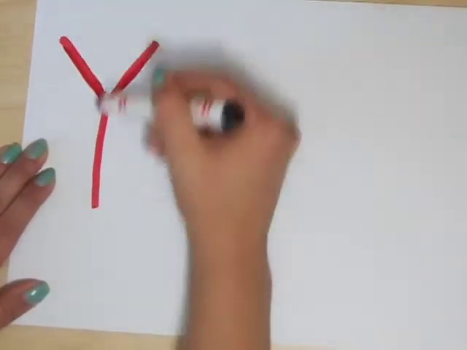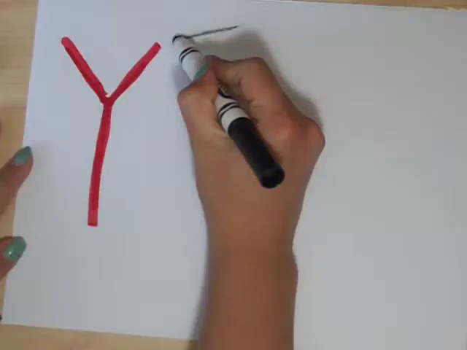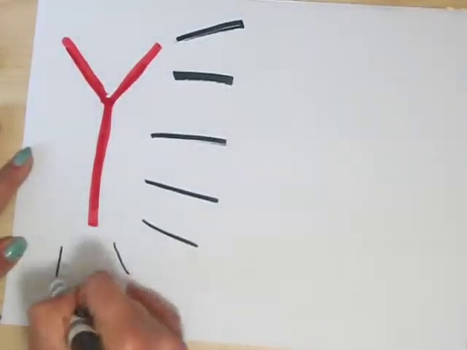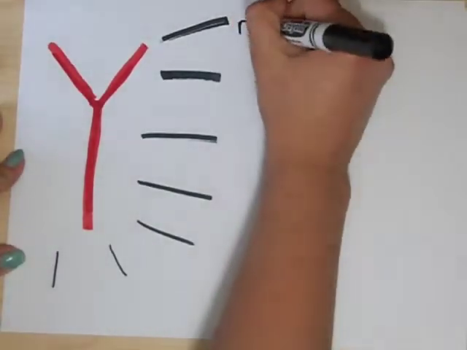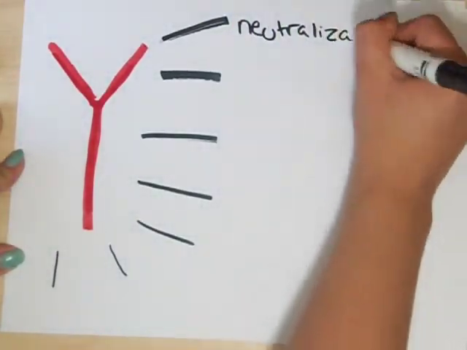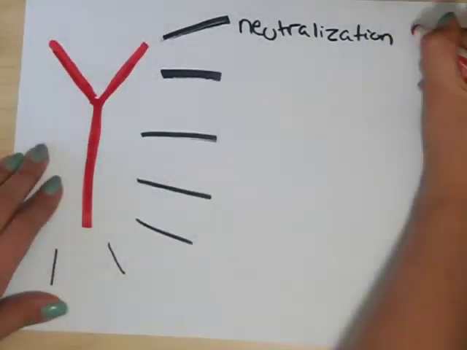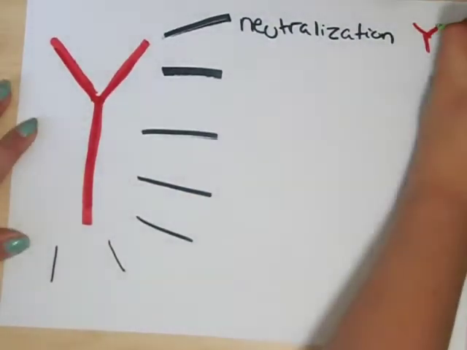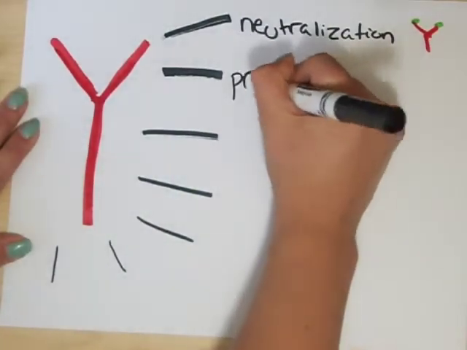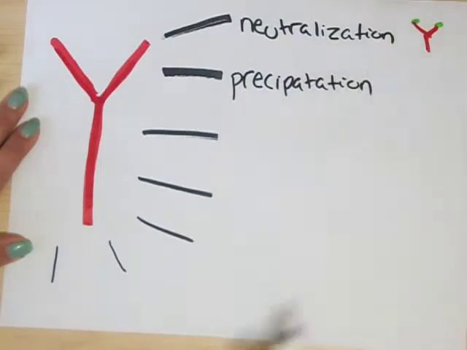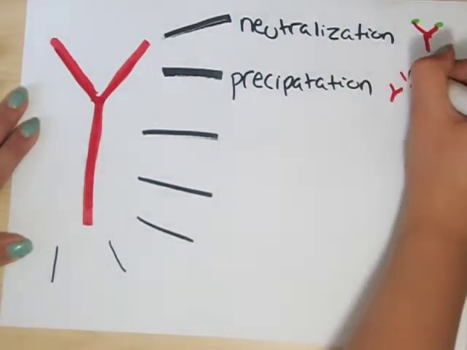With more than its shape, antibodies have 7 different ways that they get rid of antigens. The first is neutralization. This is where antibodies bind to specific docks on the antigens to prevent it from hurting or entering any cell. The next is precipitation, which is like agglutination, where it binds and clumps together and prevents